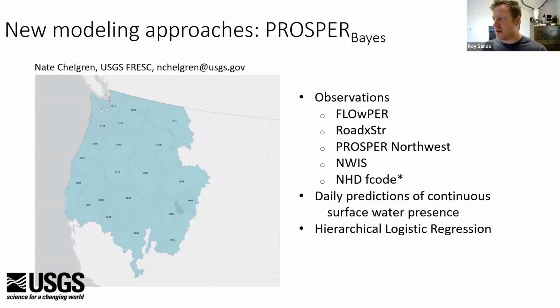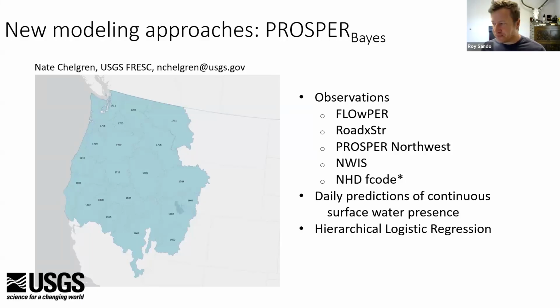Moving forward, I'm going to start talking about what's in the works and what our team is working on. So Nate Shelgren over at USGS Forest and Rangeland Ecosystem Science Center has been working on a Bayesian approach. And this is really leveraging the fact that we have all of this previous knowledge and previous data incorporated in things like our observational data sets. So the National Hydrography data set that I showed earlier, despite the fact that that's outdated and often collected back in the 1900s, there's still a lot of good information in those observations, right?